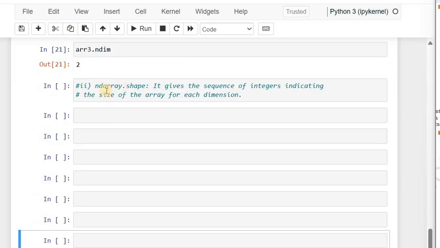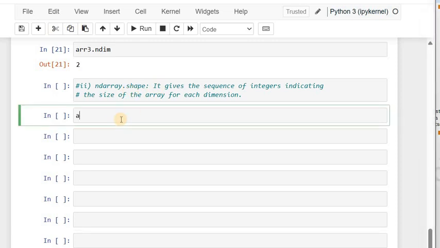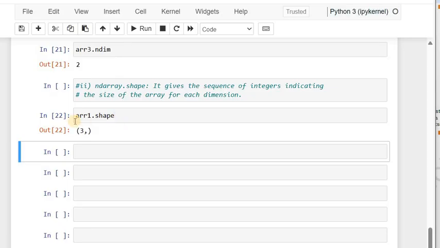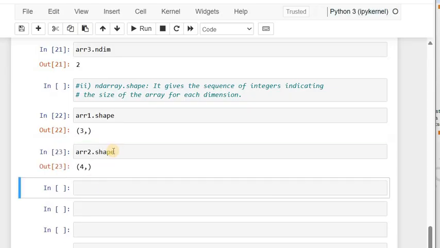The next attribute was ndarray.shape. It gives the sequence of integers indicating the size of the array for each dimension, right? How many elements are there in each dimension, that we can find out with the .shape command. We will execute this command with our created arrays, array1.shape. Here there were 3 elements in a row, right? Then in array2, there were 4 elements in one direction, and in array 3